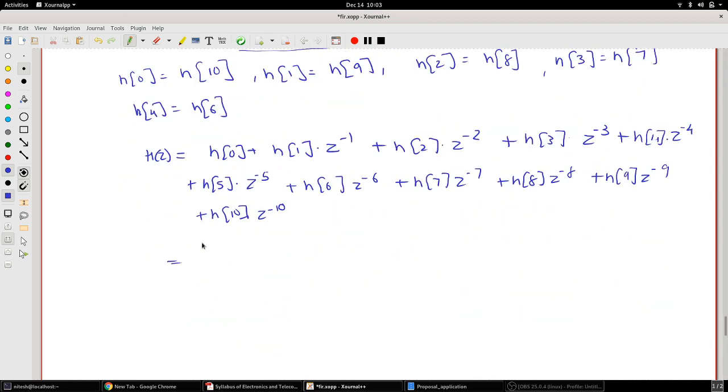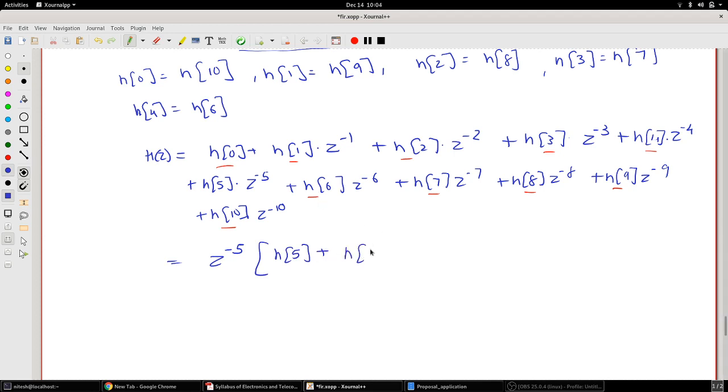So now I know that h of 0 is same as h of 10, h of 1 is same as h of 9, h of 2 is same as h of 8, h of 3 is same as h of 7, h of 4 is same as h of 6. So I can write this by taking out z raised to minus 5, and what I will get is h of 5 plus h of 0